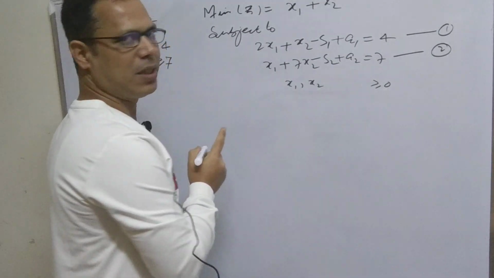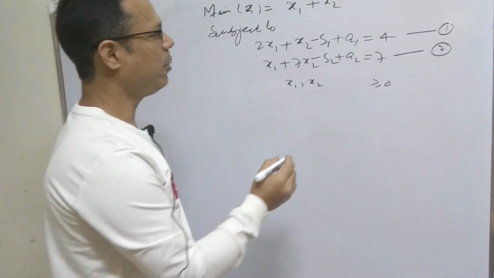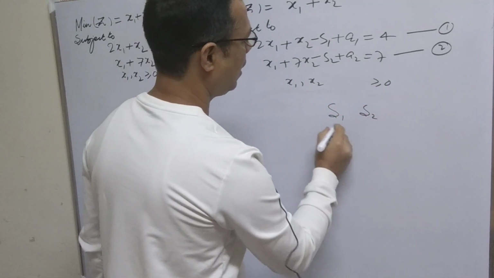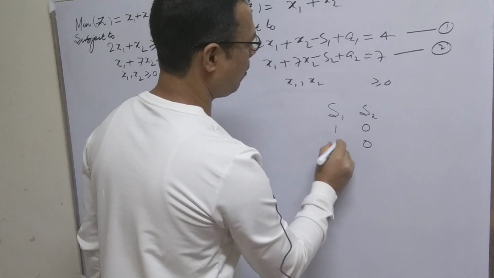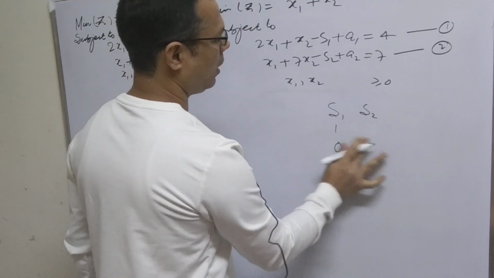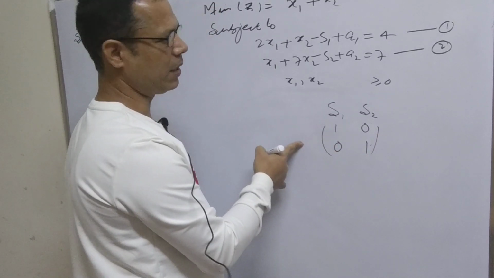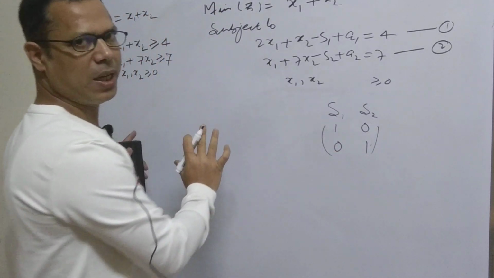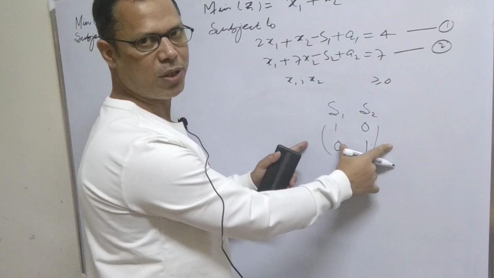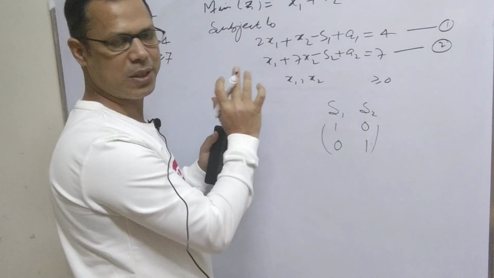To consider some variable as a basic variable, there is a condition that the variable must form a unit matrix. In the previous question, I think you remember, here like this 1 and 0, and here 0 and 1. These types of matrix are generally called a unit matrix. So if we draw the table and we get s1 and s2 as a combination of this 0 and 1, that will show the unit matrix.